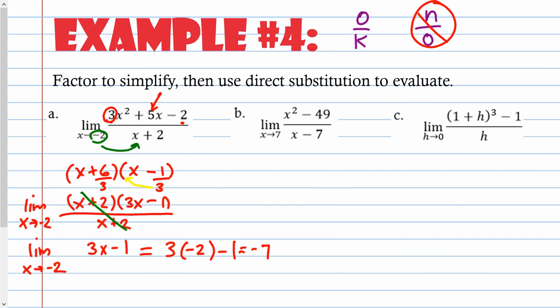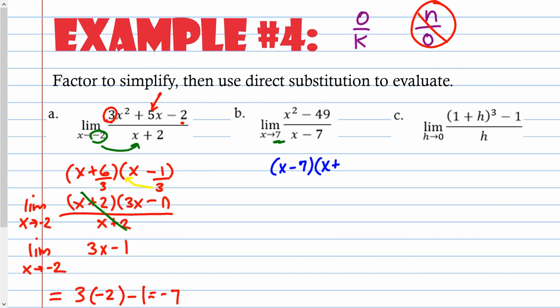Now B, same idea. We're going to factor, and then hopefully direct substitute. If you look, I cannot plug in the 7, because if I do, 7 minus 7 is 0, and that's a no-no. Alright, so if you notice, the top is a difference, which means subtraction, of squares. x is squared, obviously, and 49 is essentially 7 squared. And if I factor a difference of squares, I get x minus 7 and